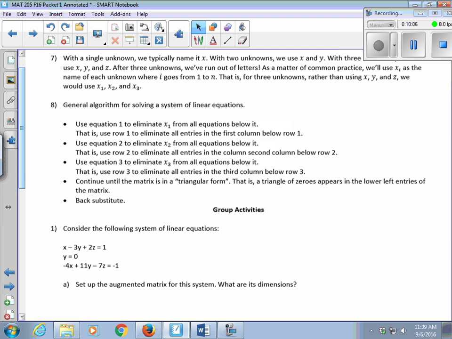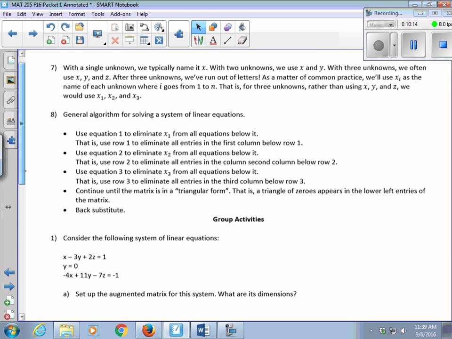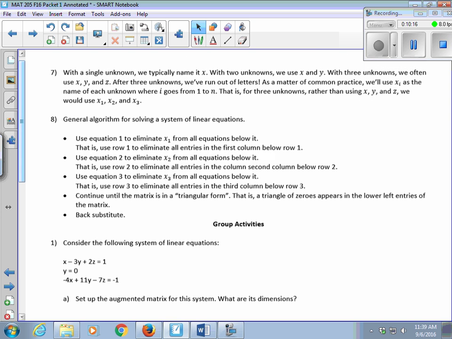All right, so like I said, these problems are going to get much, much bigger. When you have a single unknown, we usually use X. 2 unknowns, X and Y, 3, X, Y, Z, but now we're out of letters, right? If you had 4 unknowns, I guess you could use A, B, C, D, but that can only go up to 26 unknowns. And there are problems that will have more than 26 unknowns. Not that you're going to solve them by hand, but